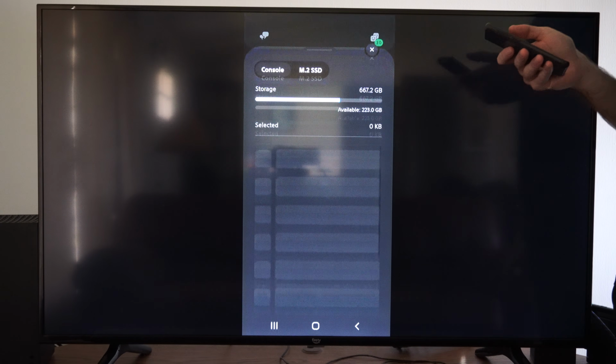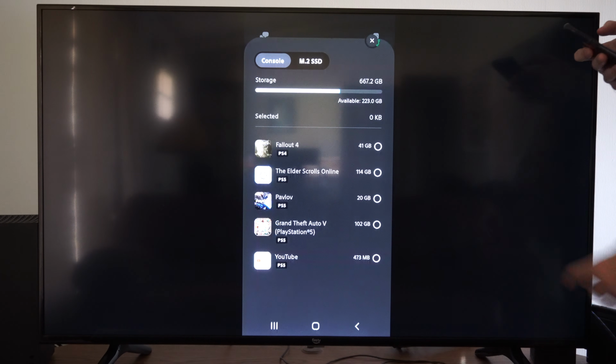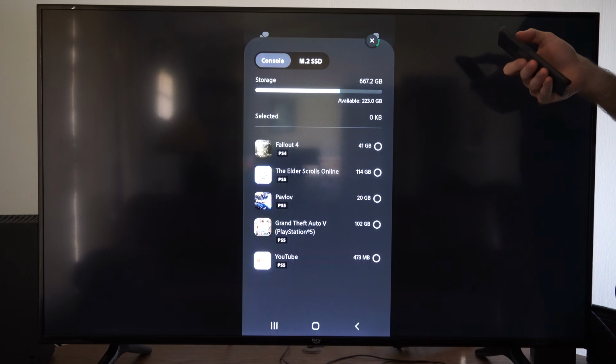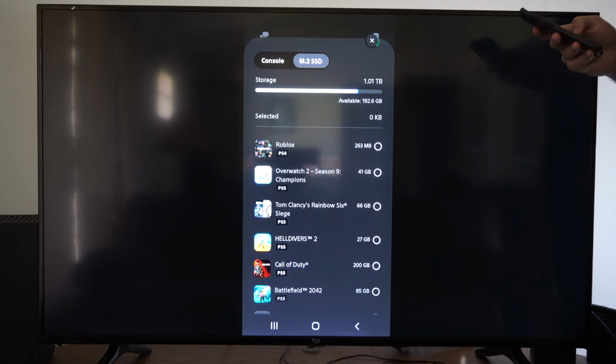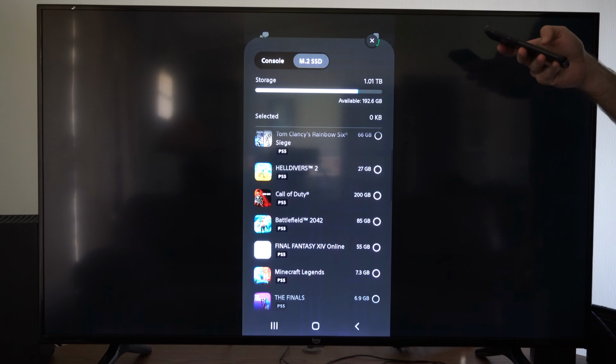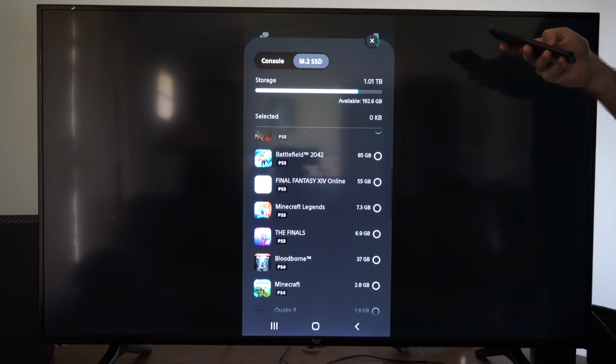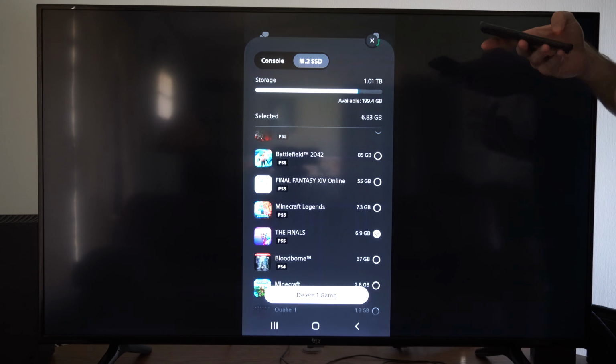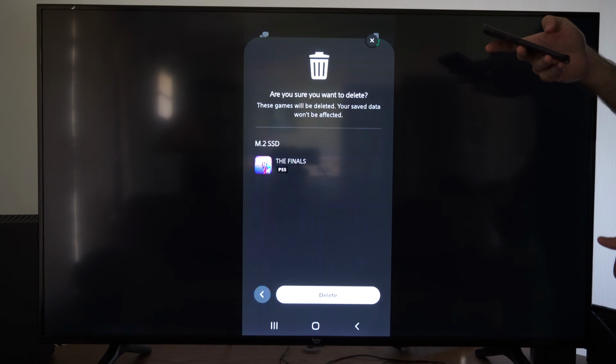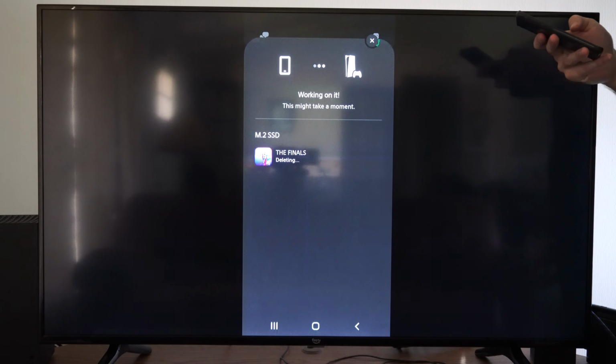Now we can go to PlayStation 5 storage on the top. And we can see our M.2 SSD if we have it in the expansion bay. And then we can delete the game under here. So let's delete a game. The Finals was kind of, let's go ahead and just delete that game and get it off my PlayStation 5 because